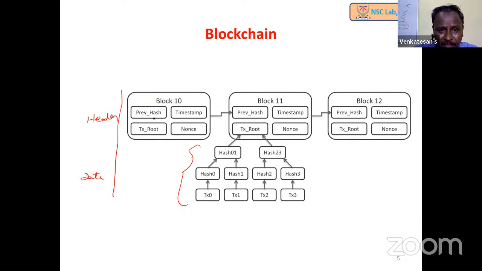So the header contains the previous hash. This previous hash refers to the hash of the complete previous block. The hash is a cryptographic hash, computed using the SHA-256 algorithm, and that gets stored here. Now, if I make any change in this place, then I have to change it here. If I change this, I have to change this, and it keeps on going. So it's very, very complex to do. It's like replacing some of the blocks, which is very, very complex in the network.